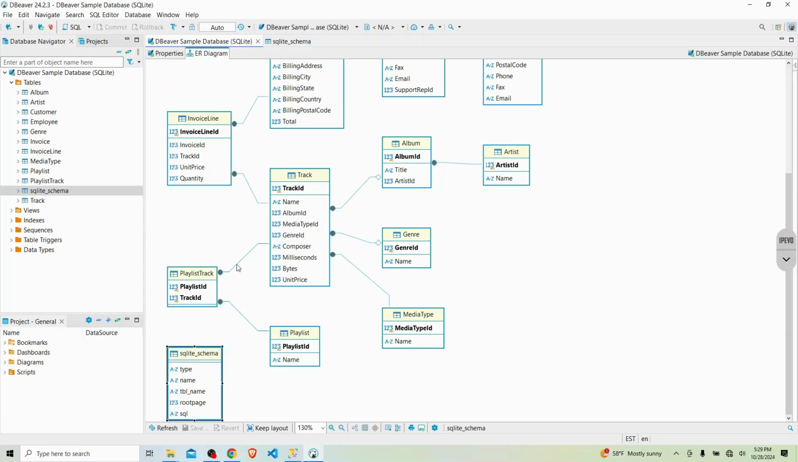This is a many-to-many relationship with a table that is actually acting as an intermediary between the two of them because it's a many-to-many relationship. One track can be found in many playlists, and one playlist could have many tracks. We also have genres, media types, and so on. So we can replicate these 2, 4, 6, 7 tables in